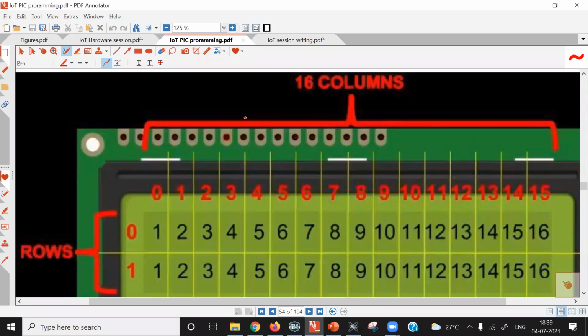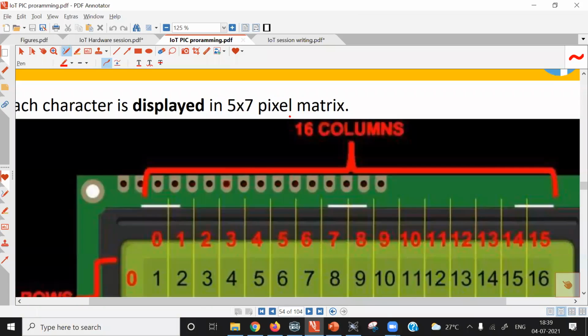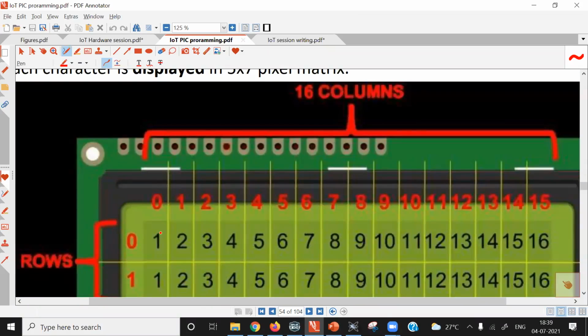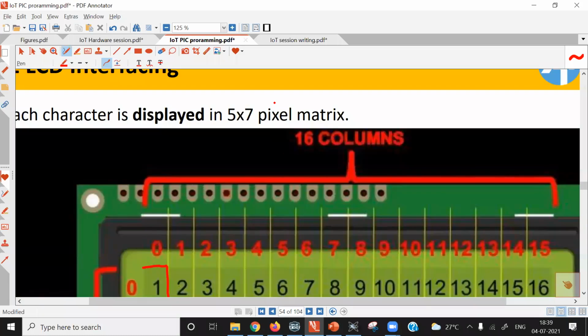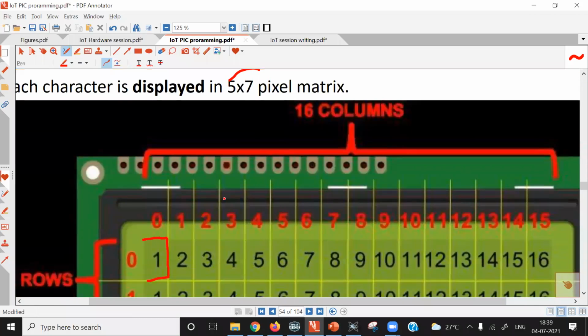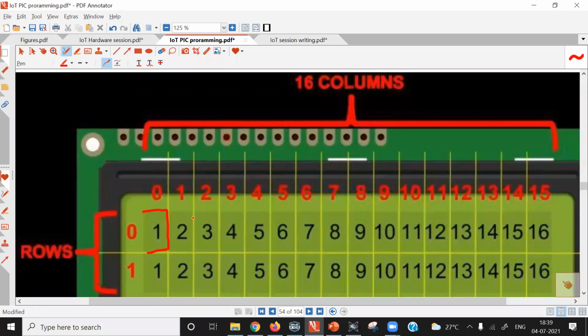Each character is displayed using a 5x7 pixel matrix, so a character is made up of a number of dots. In this portion there are 7 rows and 5 columns. In this block there are a total of 35 dots, and characters are made up using these dots. Each dot is called a pixel.